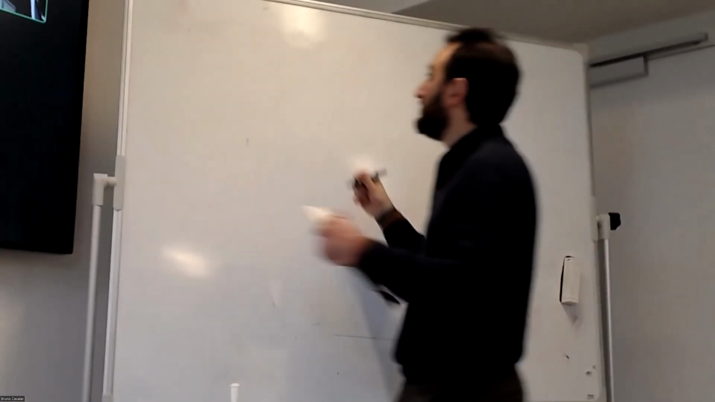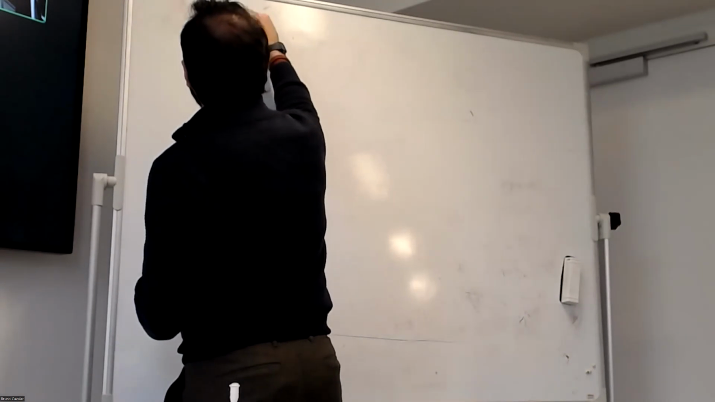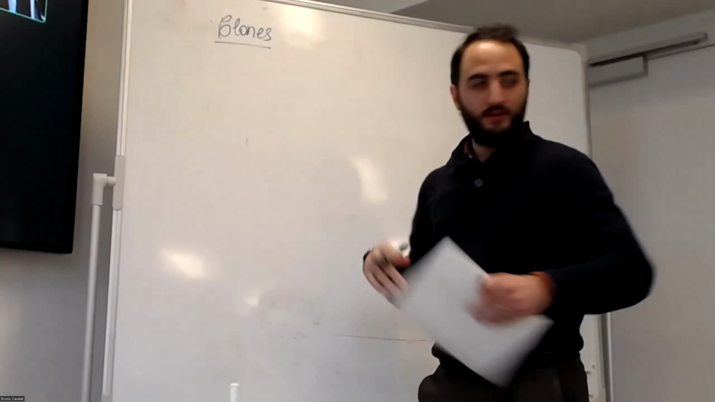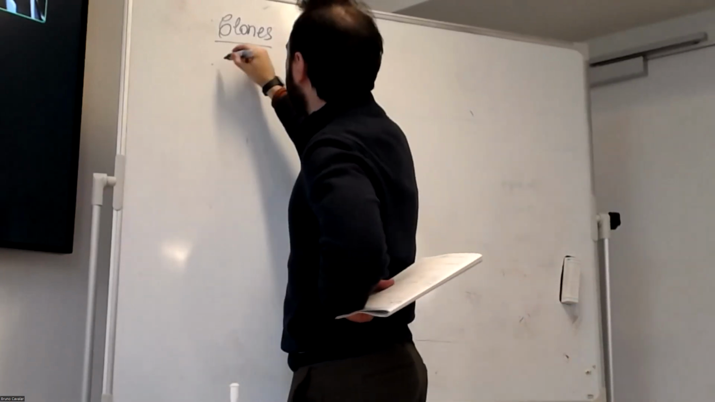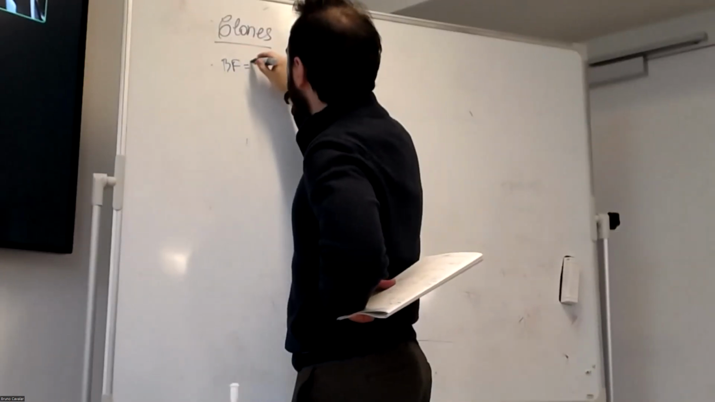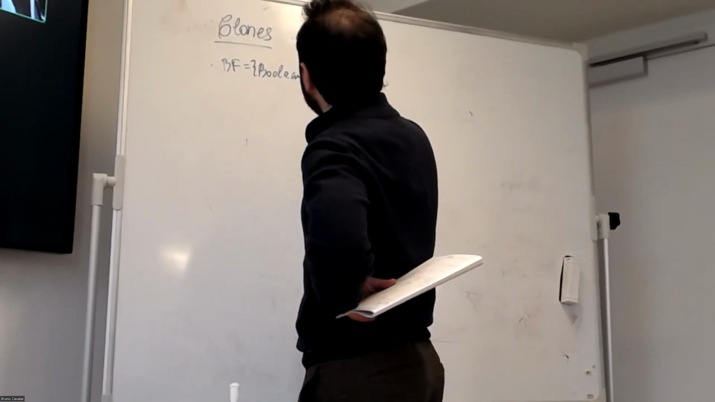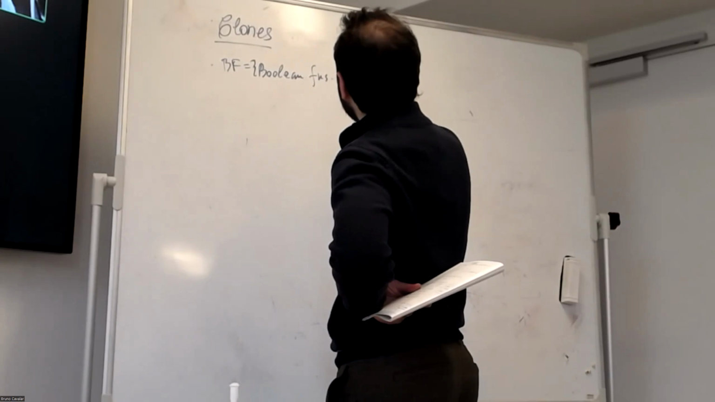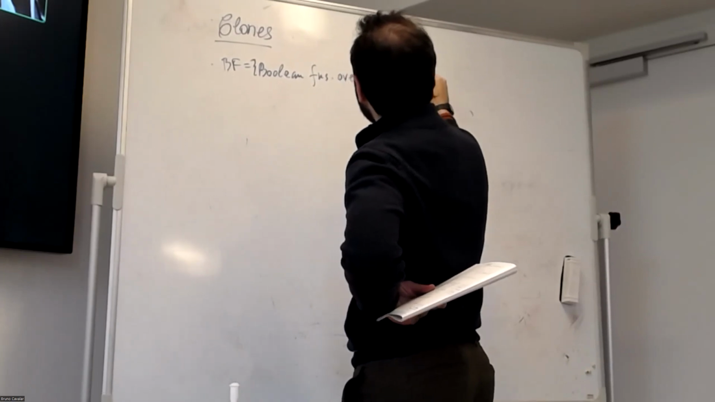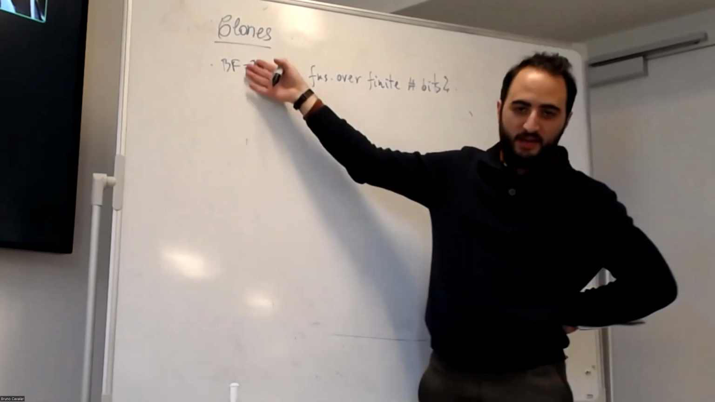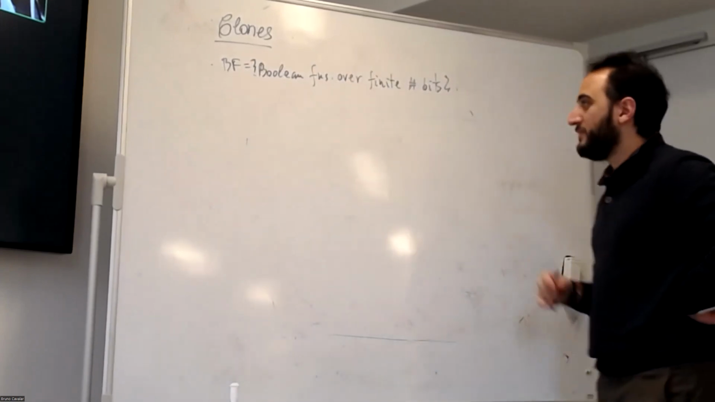And so, talk about clones. Okay, so just denote VF here: the set of all Boolean functions over a finite number of bits. So this is not only n bits, it's over any number of bits. This is